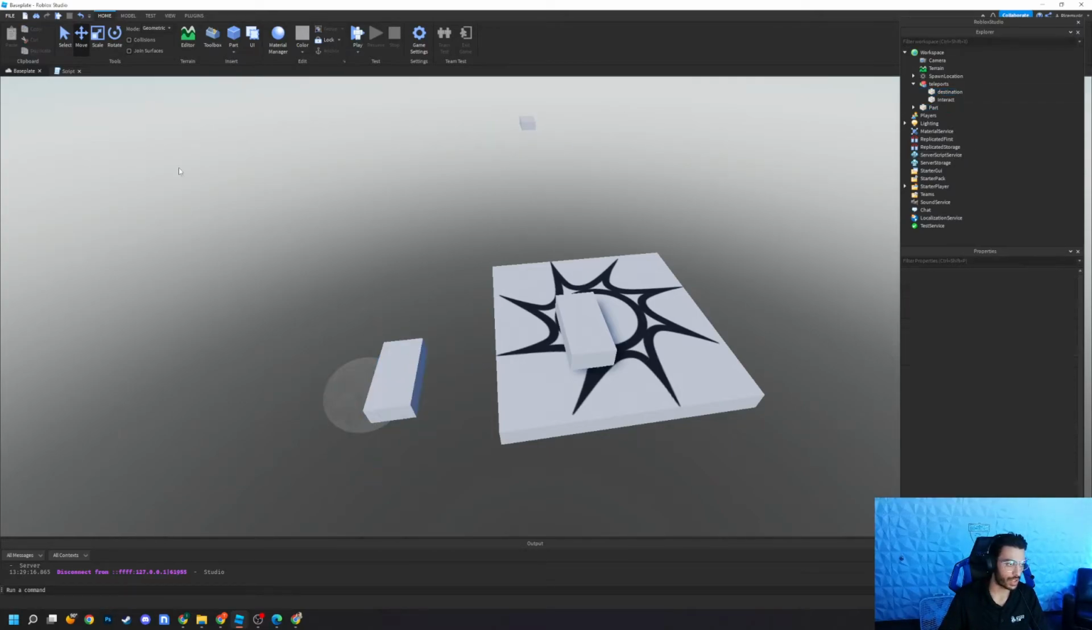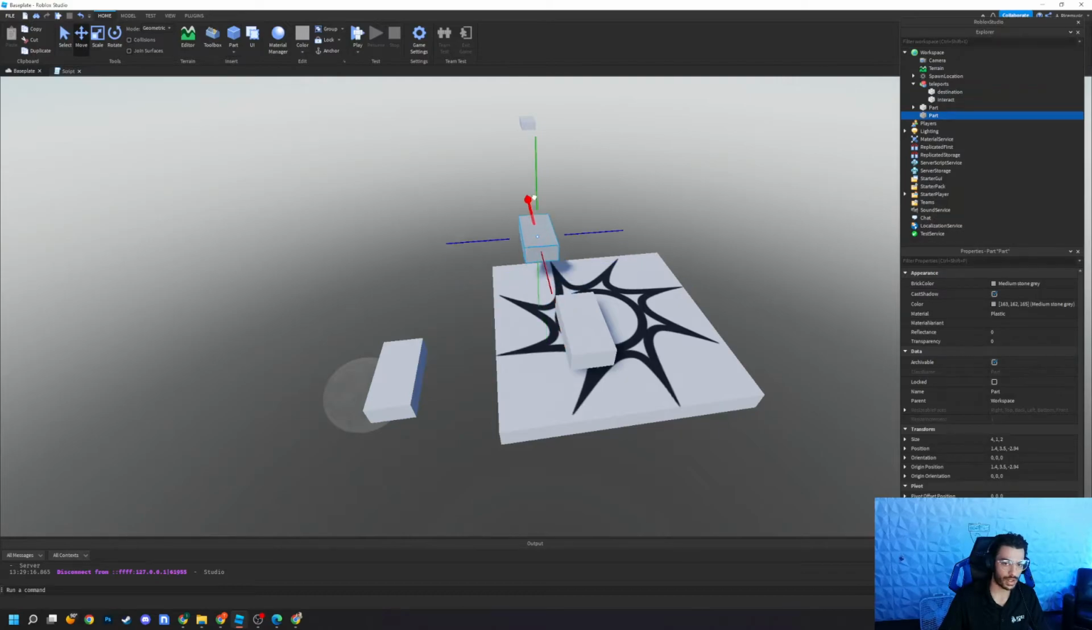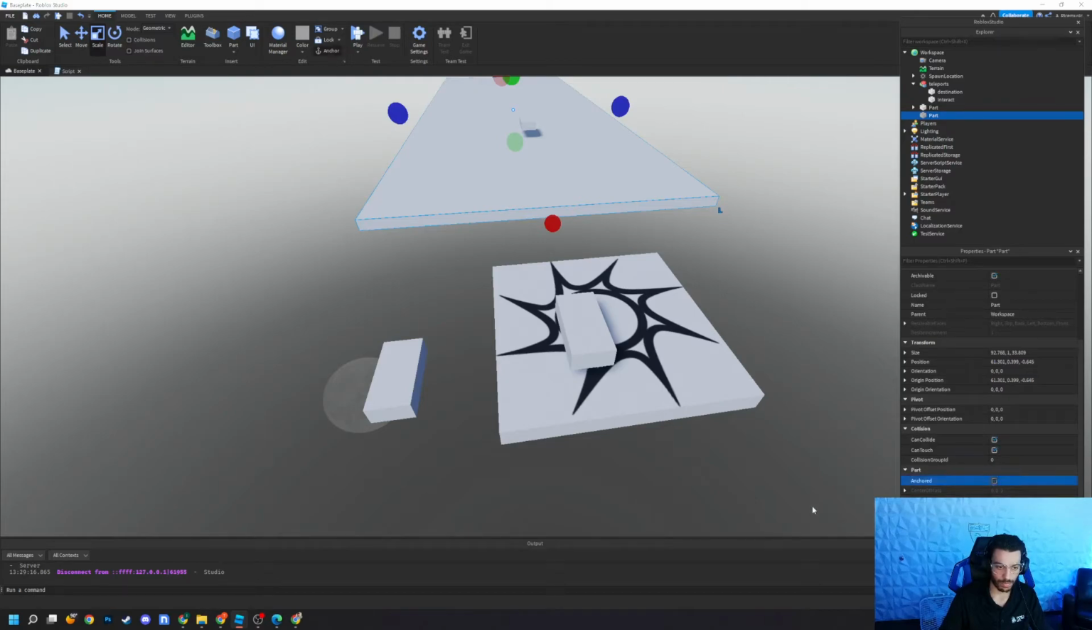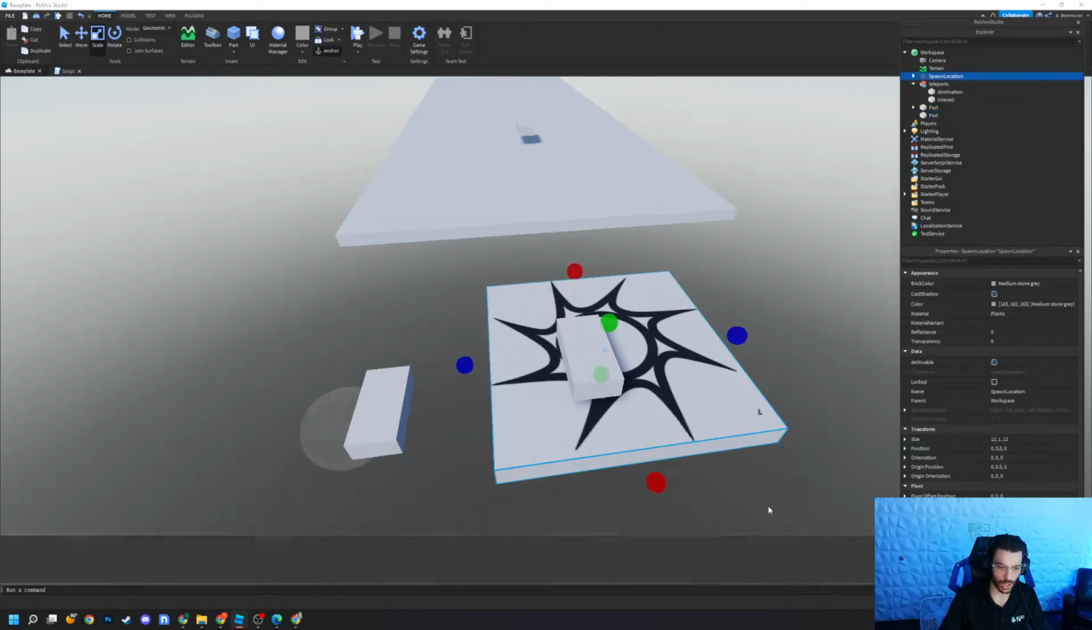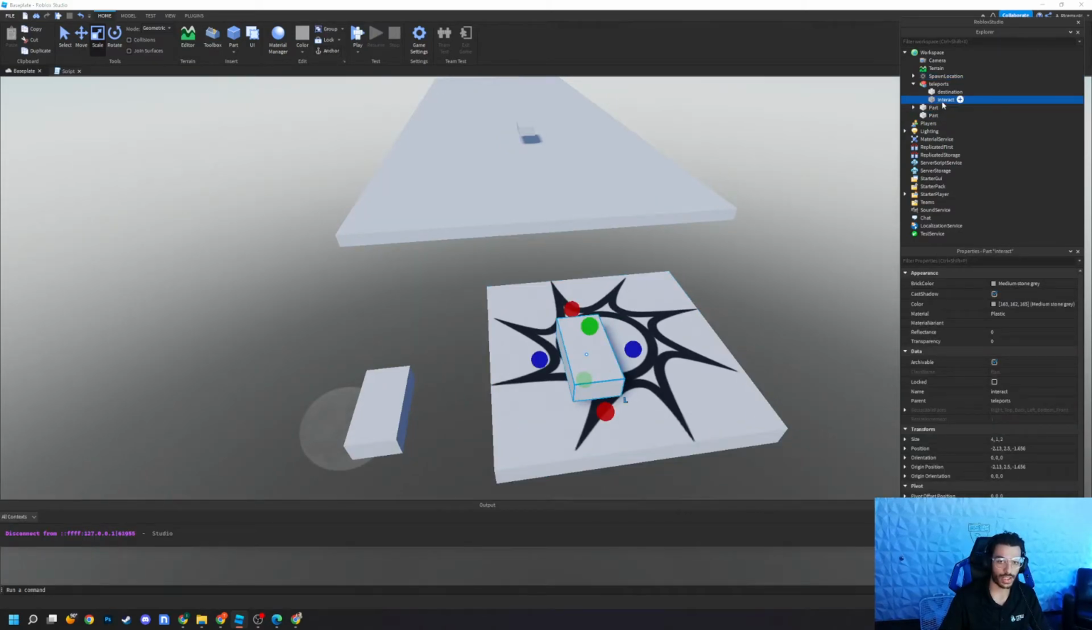I am even going to take another part here, make it, and just drag it and put it under our destination. So that way we have a place to land and I don't just fall to my death. Boom, boom. Cool, cool. And make sure this is anchored. Make sure our spawn plate's anchored. Awesome. All right, so we have our interact and we have our destination, right? Now,